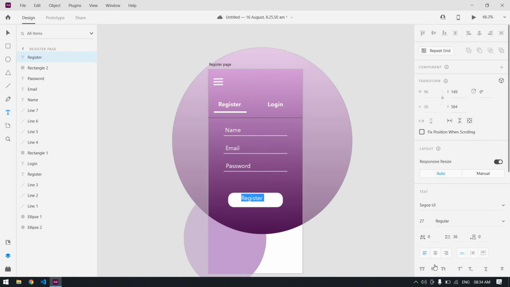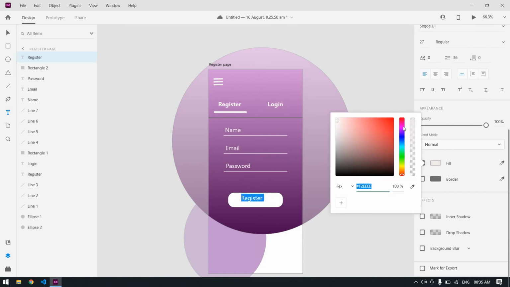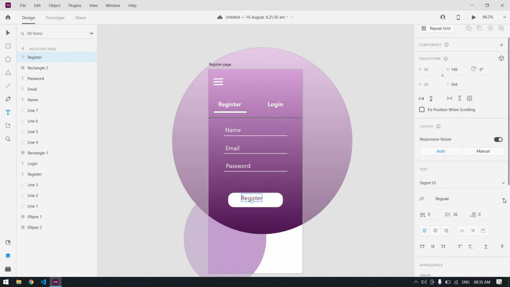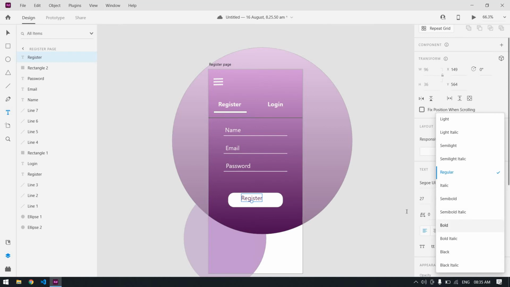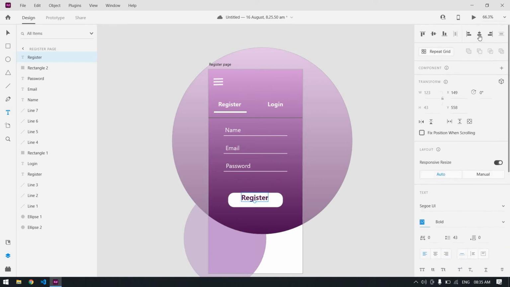To change the color of that, and also I'm going to change this regular into a bold. Font size, okay, this is fine. I'm going to align that text in center. Oh, sorry.